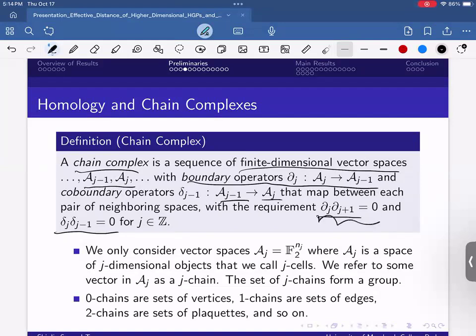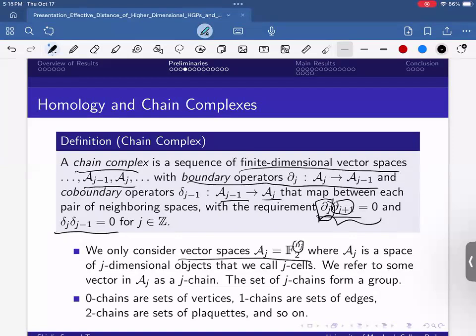And then this condition is saying that if you have some j plus 1 dimensional object, after you apply the boundary operator, you get a j dimensional boundary of it. And when you apply the boundary operator again, it's just trivial, because the boundary of a boundary is trivial in this case. It's just the way it's defined. I can draw something very quickly to give you an idea of what this would look like. And I was just saying each of those vector spaces is F2,